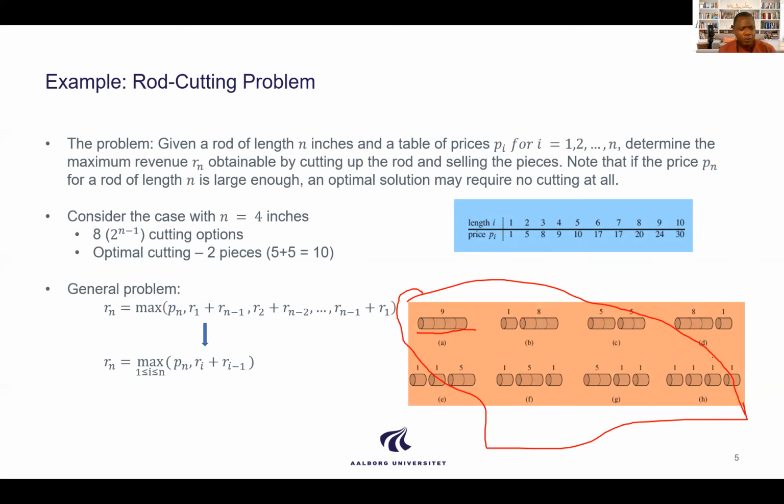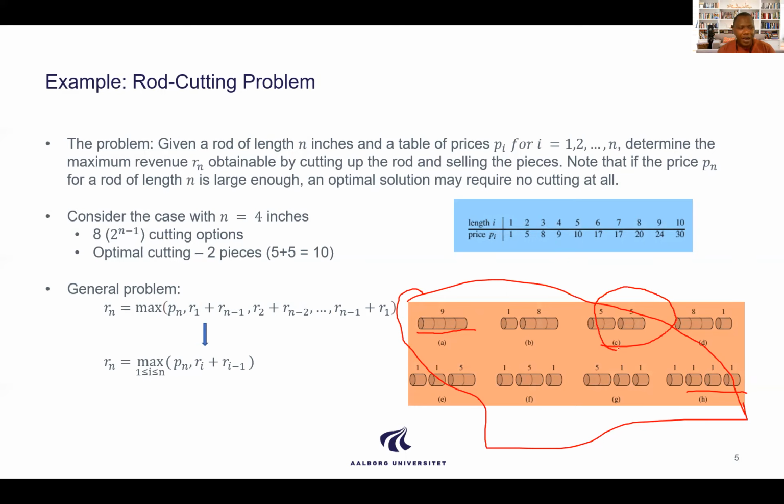right? But now for each of them, you can see some numbers which indicate the sales price for each part. So if I take the example H, for example, this one here, what we have is that I would basically get a revenue of 4, which is 1 plus 1 plus 1 plus 1, right? But if I leave my rod as a whole and just sell it, I get $9 US. But you can see there's another option. Option C gives me $10 US. So basically, option C is the option which maximizes my